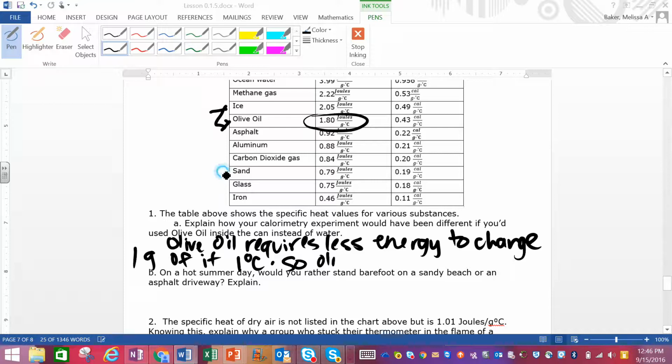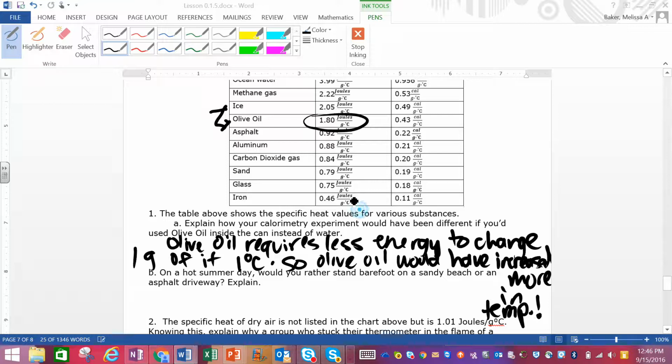So olive oil would have increased more in temperature than water did. Since for water it's 4.2, olive oil requires about half as much. If the water went up, let's say 25 degrees, then olive oil would go up about 50 or